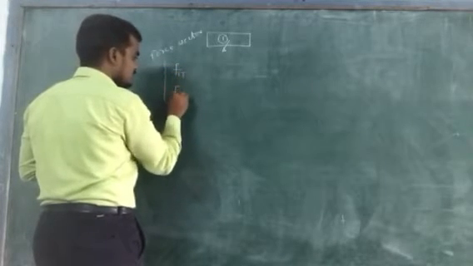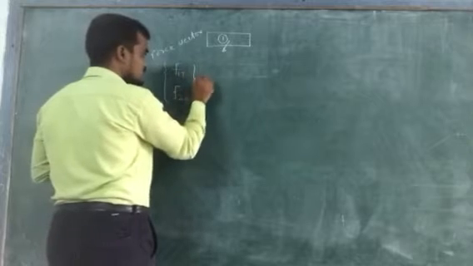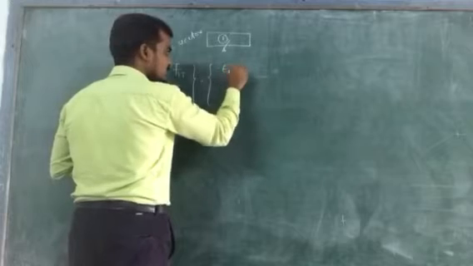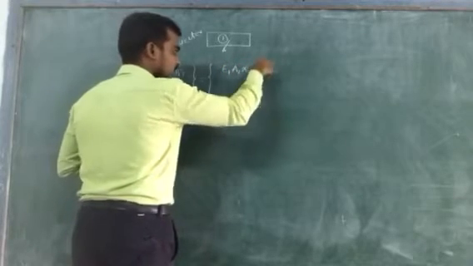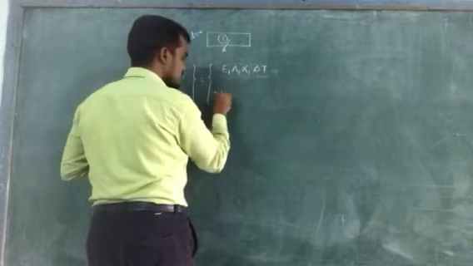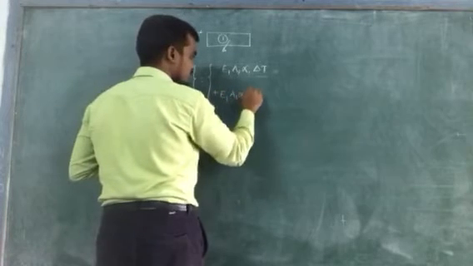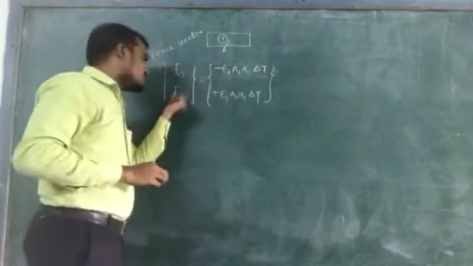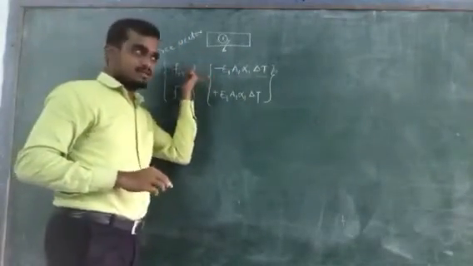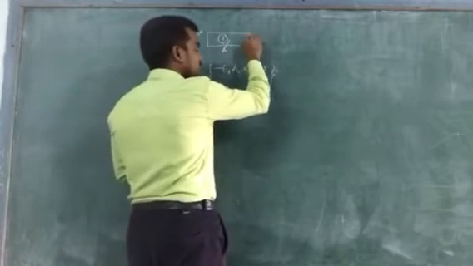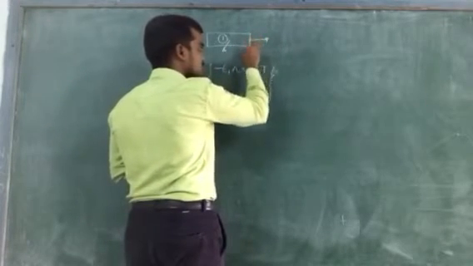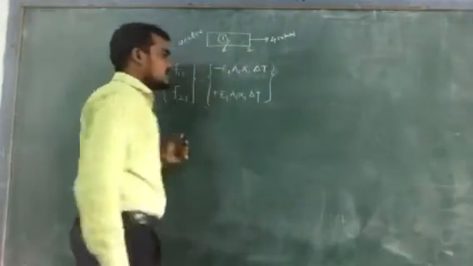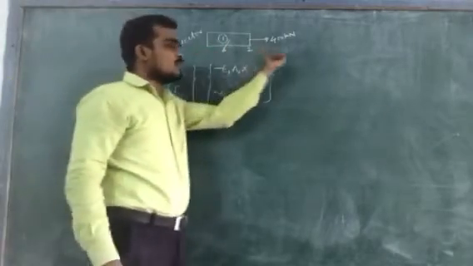F1t, F2t, which is equal to minus E1 A1 alpha 1 delta t, plus E1 A1 alpha 1 delta t. This is the force vector due to the temperature effect. Suppose a point load of 400 kN is acting at this second node, then the force vector due to this point load will become